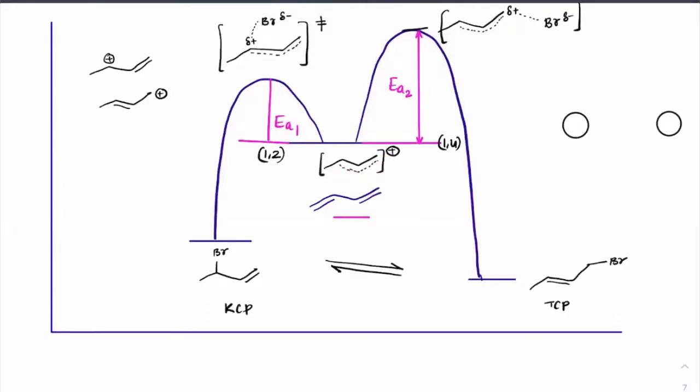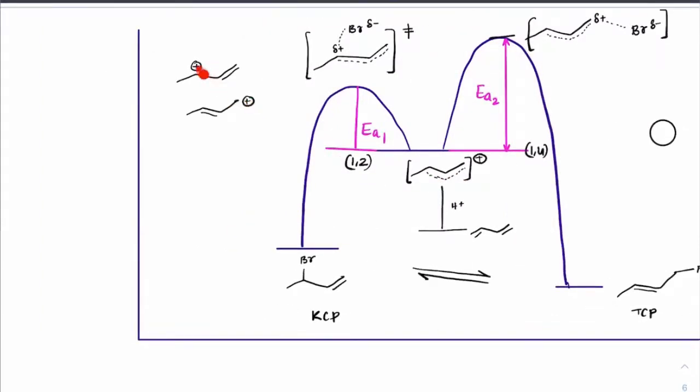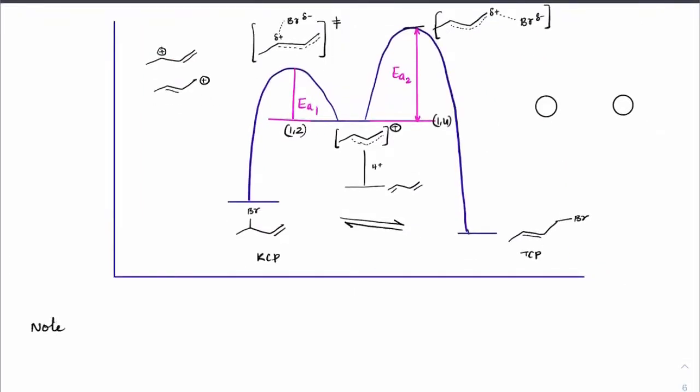This is the carbocation formation from the reactant. Suppose, let me show you. Reactant energy is here. First, imagine reactant energy is here. So from here, when it has taken the H plus ion, it has come to this particular energy. After addition of H plus, it has formed this carbocation. This carbocation is in resonance stabilization. So these two are its canonical forms. This is the hybrid. So from this hybrid, it can go to this path or this path. Now I'll write that as a note here.